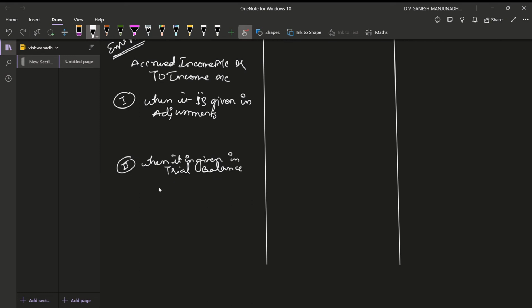When it is given in trial balance, we know that the above entry was already recorded. When it is given in adjustments, what do we need to follow? When it is given in trial balance, what do we need to follow? Simply, we know that this is outstanding, and it is to be added